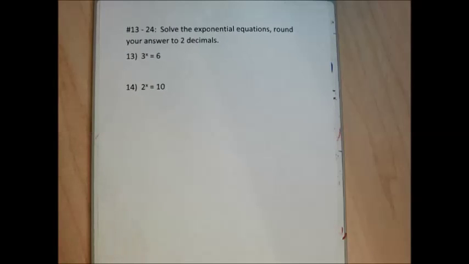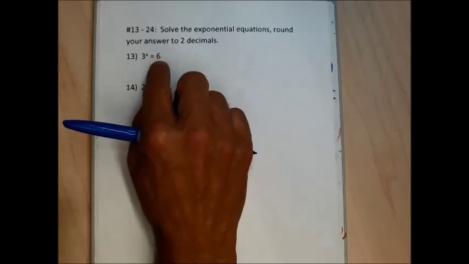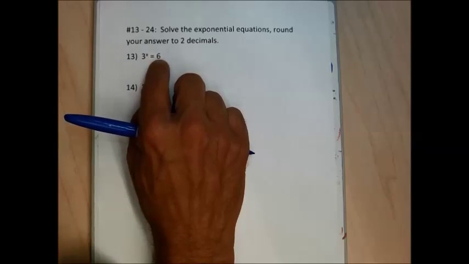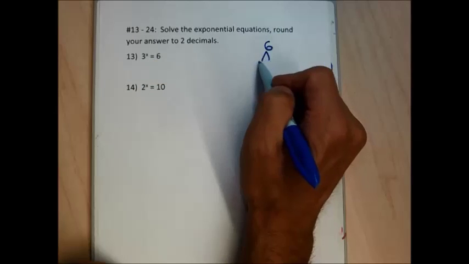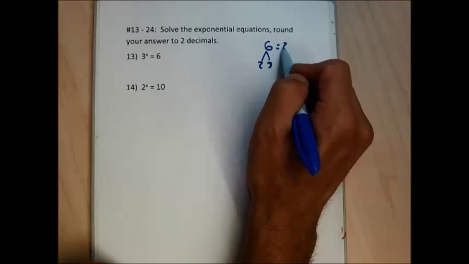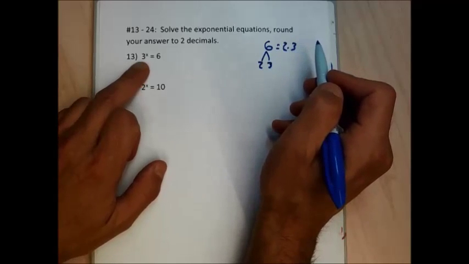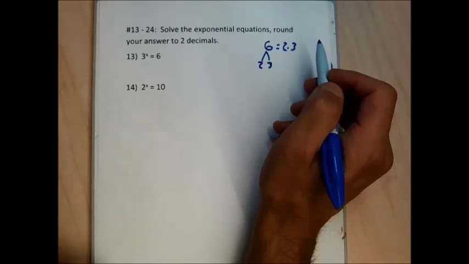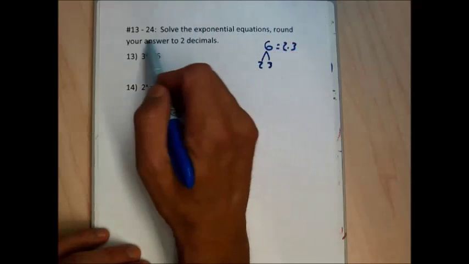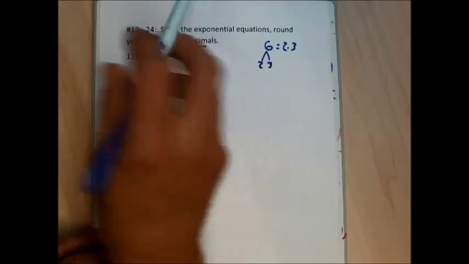Problems 13 through 24 are not possible to solve by writing each side with the same base, very specifically, because if I do a prime factor tree for 6, 6 is equal to 2 times 3. Its prime factor tree isn't 3 to some power, so I can't do 13 by writing both sides with the same base. Similarly, I can't do 14 with writing both sides with the same base. Each of these problems needs to be solved using logarithms, and because my question says round to 2 decimals, I'm